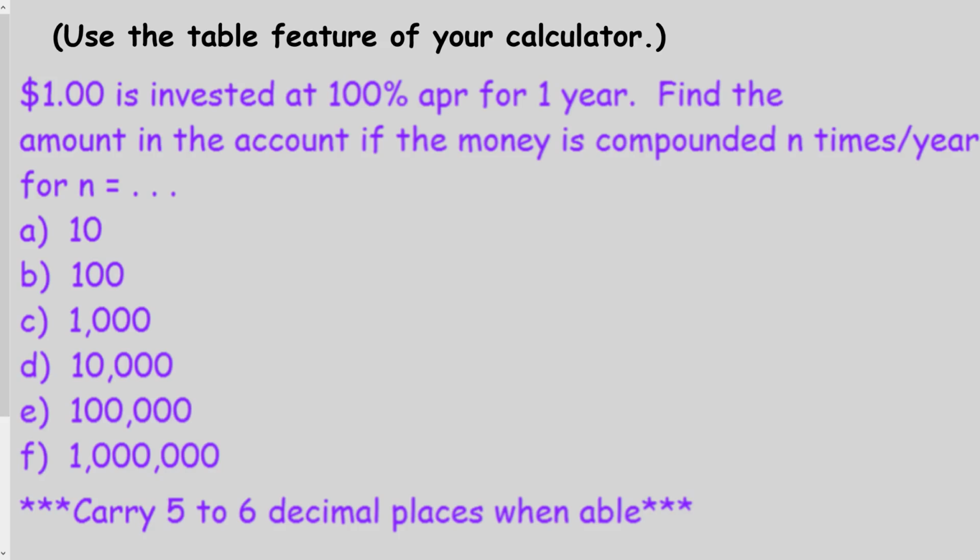Okay, we're going to move on to another derivation, and I'm going to use a graphing calculator to help me with this. So imagine that I take $1 and I invest it at a 100% interest rate for a year. Let's find the amount of money in the account if it's compounded n times per year for these different values of n. So using our formula that we just saw on the previous screen,